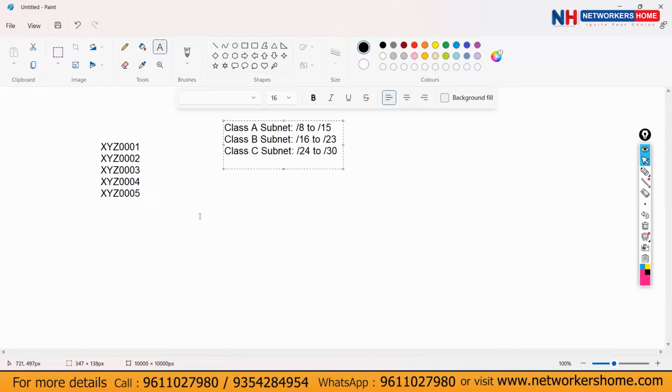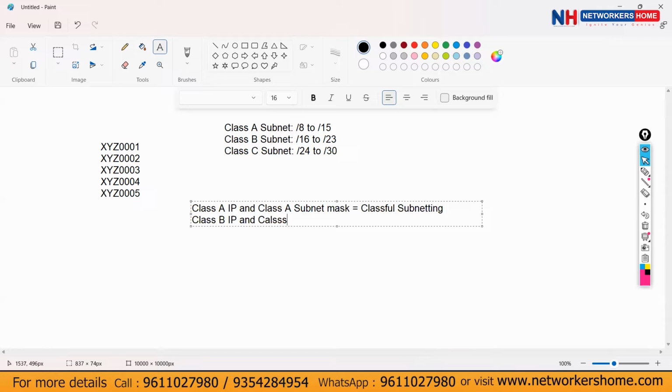Okay. Next, if we use a class A IP address and a class A subnet mask, it is known as classful subnetting. If we use a class B IP address and a class B subnet mask, classful subnetting.